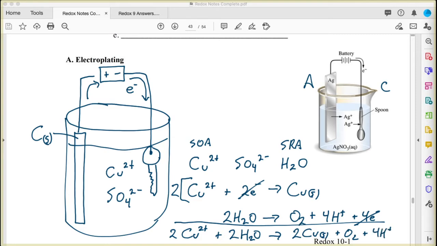Okay? If we wanted to figure out the voltage that we would need, remember that the coppers are OA, so we're going to leave that one alone. So that's a positive